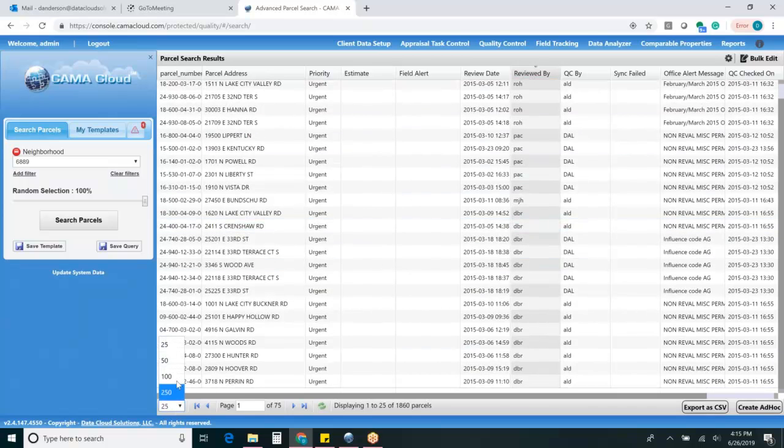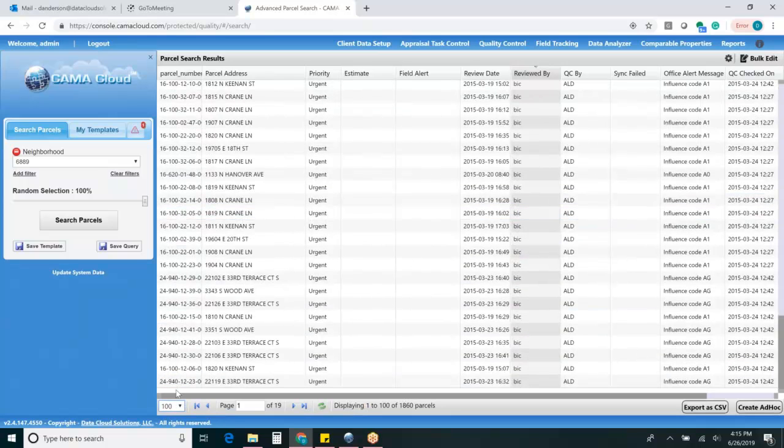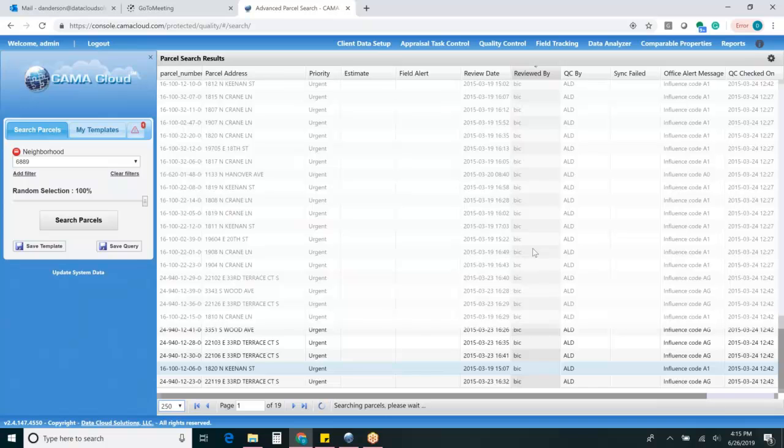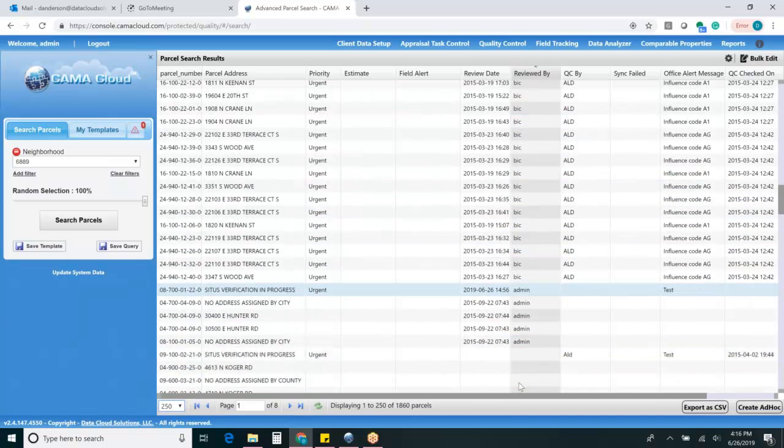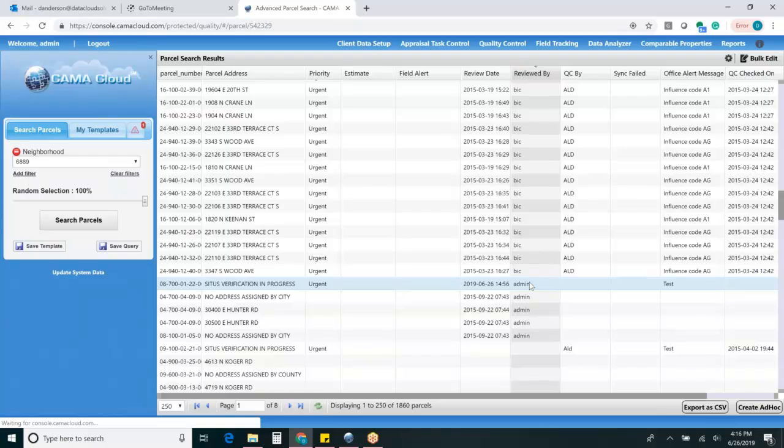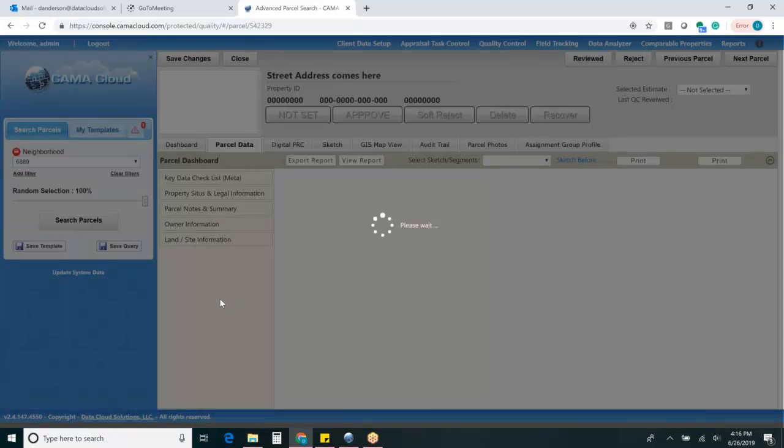Now, I'm going to try to find that one I was working on. Trying to keep a bunch in here so it's easier for you guys to visualize this. All right. So once you filter on the data you want to do quality control on,